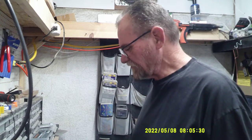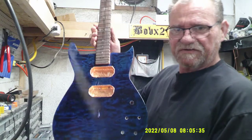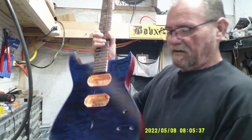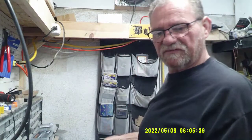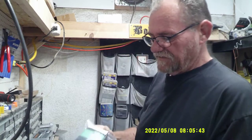Today we're going to be working on a guitar and doing a review on a new part I got in. So the first thing we're going to do is put the parts into this guitar, and the parts that we're going to be installing on this guitar is a set of